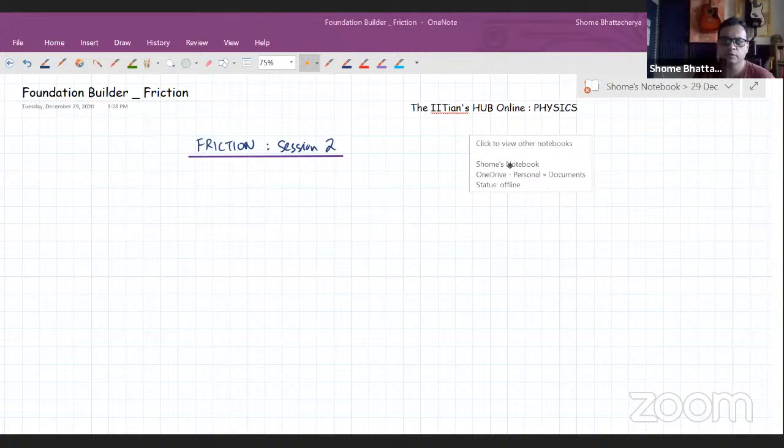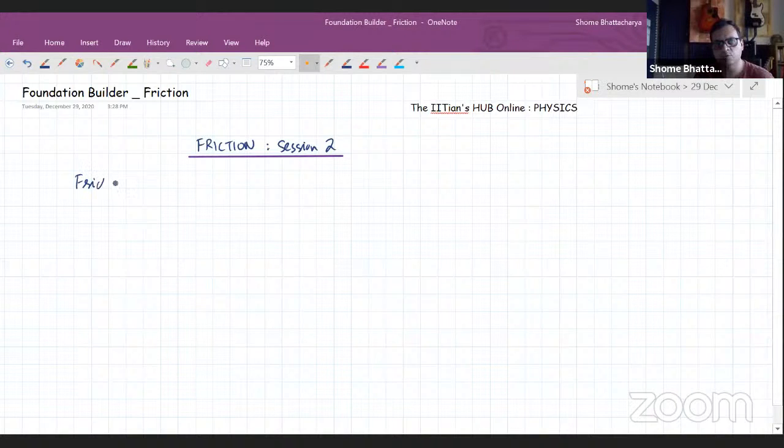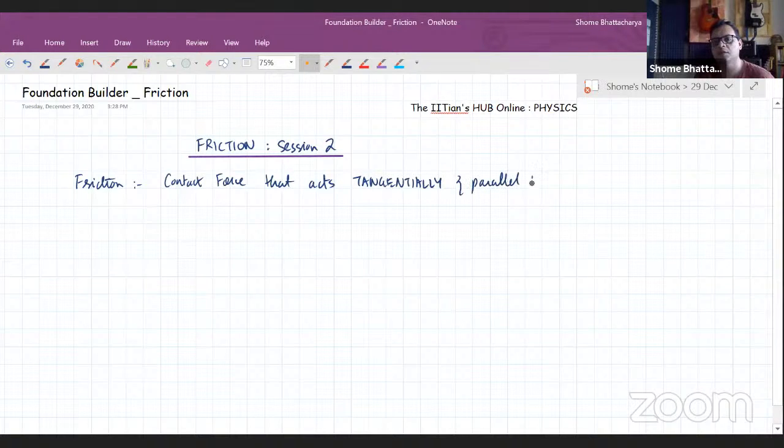So anyhow, let's go through a quick recap of the concept of friction. What we had learned is that friction is a type of contact force, but unlike normal reaction, it acts tangentially or parallel to the plane of contact in such a way that it opposes slipping between two surfaces. So friction is defined as a contact force that acts tangentially. And by tangentially, we mean parallel to the surface or plane of contact,